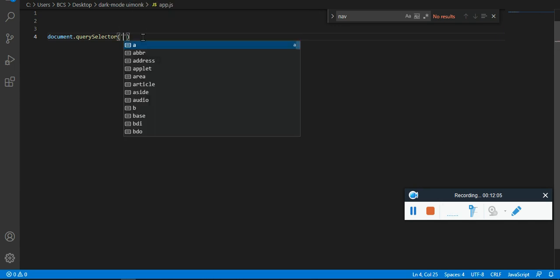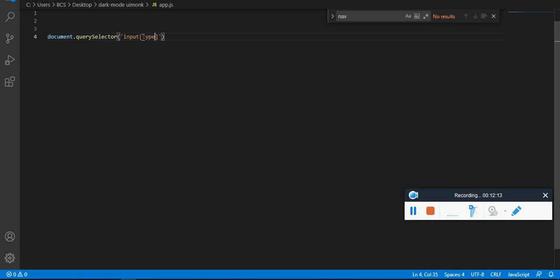If we want to target the input type checkbox in CSS, this is how we write: input type equal to, it should be double quotes, input type checkbox, and let's store it into a variable called toggleCheckbox.